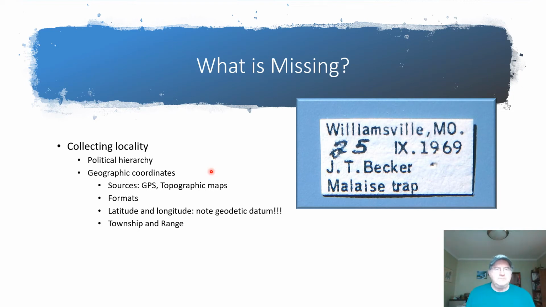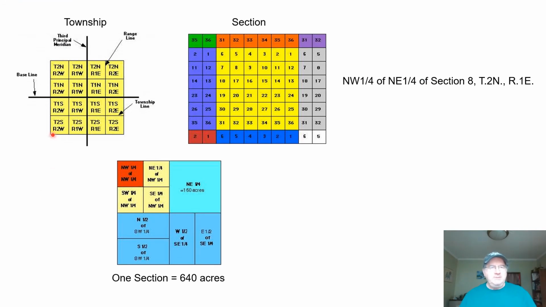Now in some of the older literature and on specimens, you can find locations expressed in terms of township and range, and this is probably not familiar to most people. Maybe if you live out west, you're familiar with township and range, because that's where it really takes on big importance. But let me explain what that is. So township and range, let's start up here, is basically a geolocation scheme that's based upon a meridian or a line of longitude